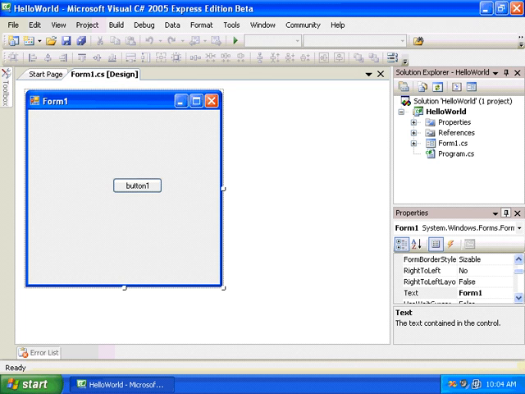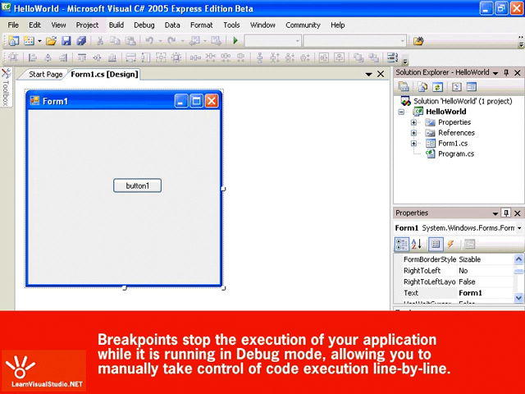Now, this is very useful whenever our programs get much larger and we need to observe what's going on behind the scenes, because sometimes our applications may not give us enough feedback, or something's going on, it's hard to pinpoint the exact problem. So what we'll want to do in that case is set a breakpoint, which will stop the execution of our application while we're in debug mode, while we're running our application with this little start button here. And it'll allow us to step through each line of code at our own pace and watch how the application